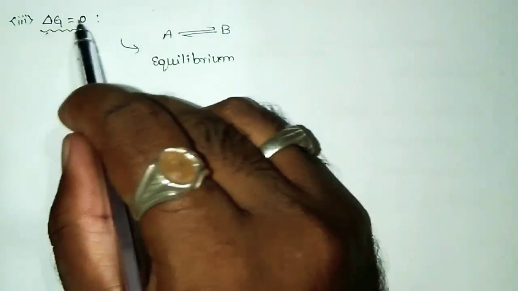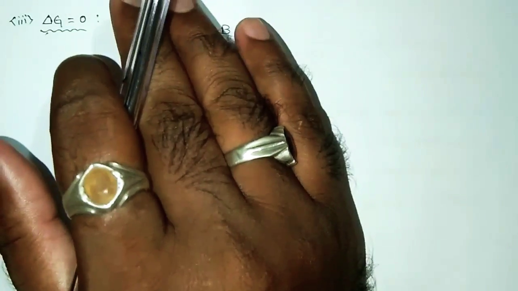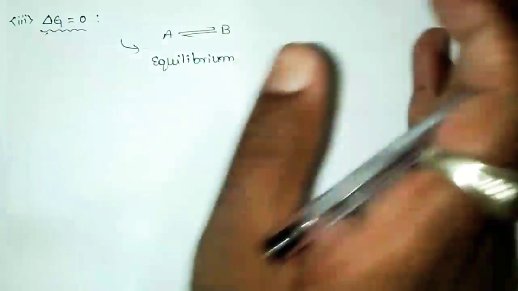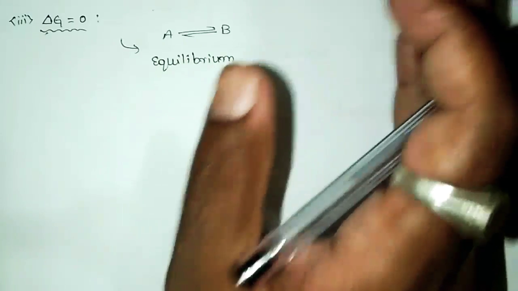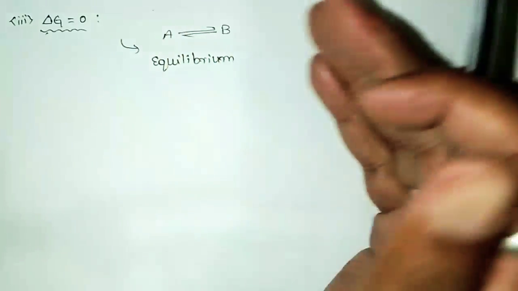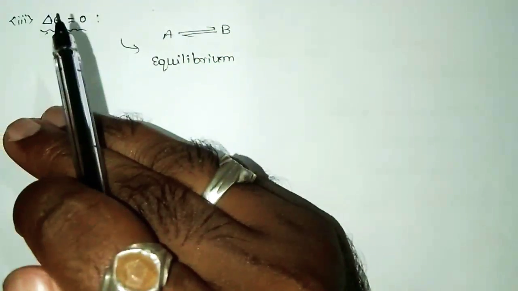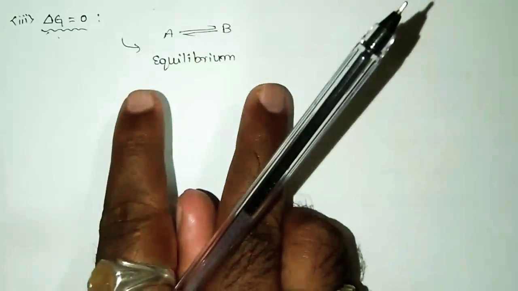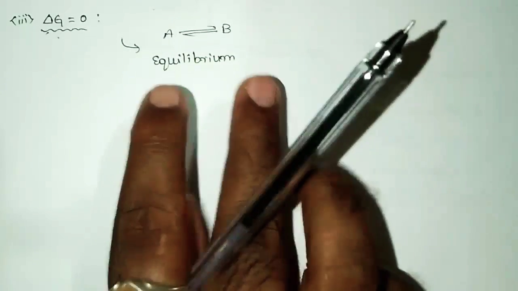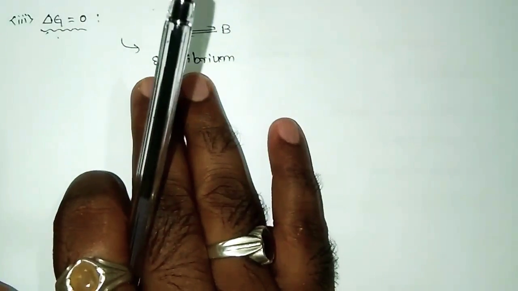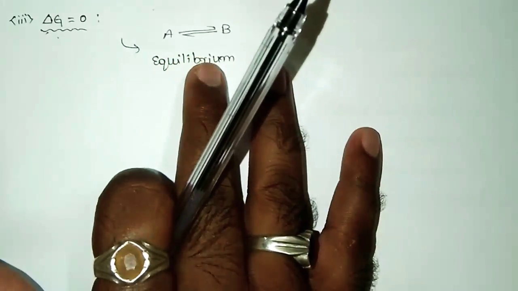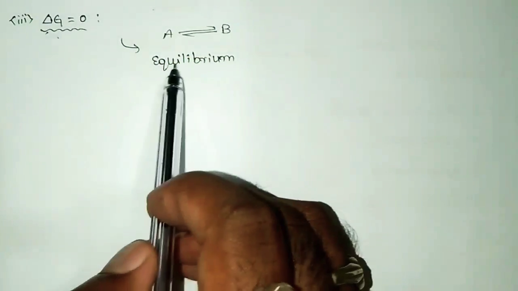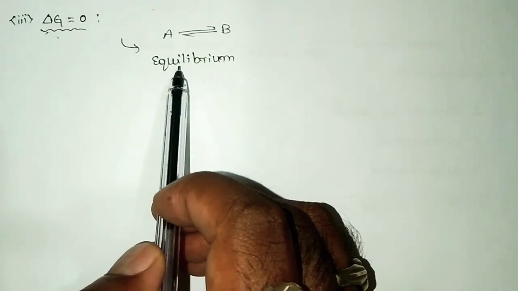And if the value of delta G is equal to 0, if delta G is negative, the reaction is more favored in the forward direction. If delta G is positive, the reaction is more favored in the backward direction. If delta G equals 0, the reaction will favor both forward as well as backward direction, provided both forward and backward reactions take place at the same rate, and thus the system will attain the state of